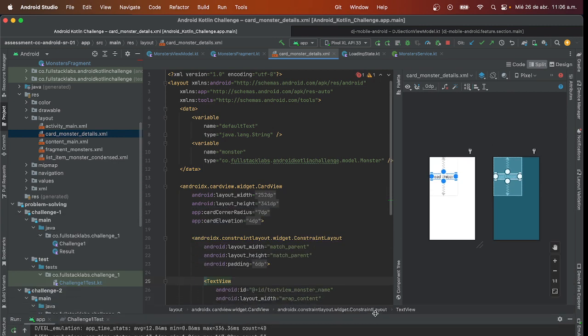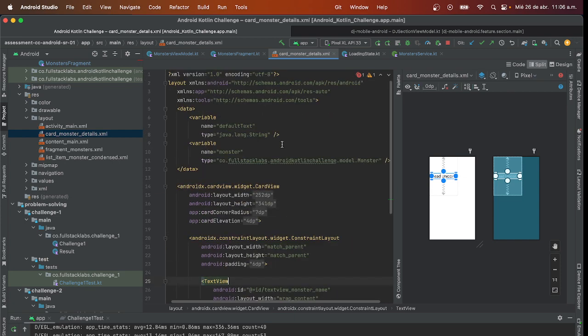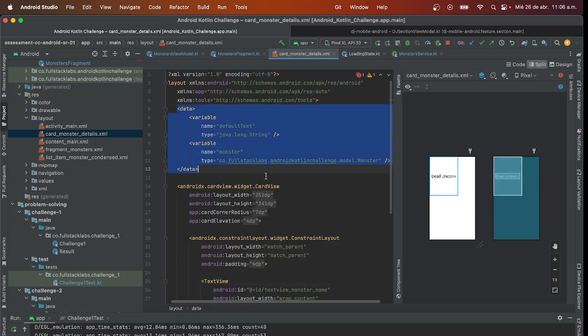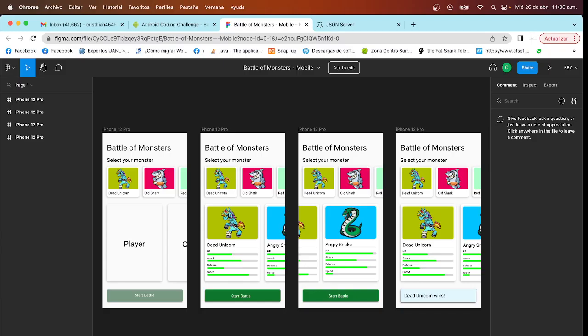We are using a card view and constraint layout, and let's follow these rules, and we are binding this monster to this card. That way, let me see the field map. What we have is an image, then a title, and then a list of powers or the description of the monster. Okay,